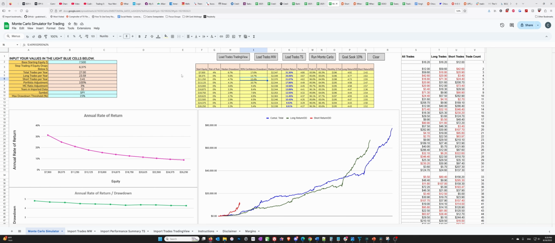The other thing that this can be used for, so I mentioned that I put the entire portfolio in here. This is typically what it's used for. You can use it for a single strategy. And if you're going to use it for a single strategy, then that's where this goal seek 10% likely comes from. So if you have a single strategy and you're like, well, I want to figure out how much equity to allocate to that single strategy, and specifically you would like that strategy to have a risk of ruin of 10%. So if this wasn't a portfolio, if this was just one strategy and we loaded the trades in here,